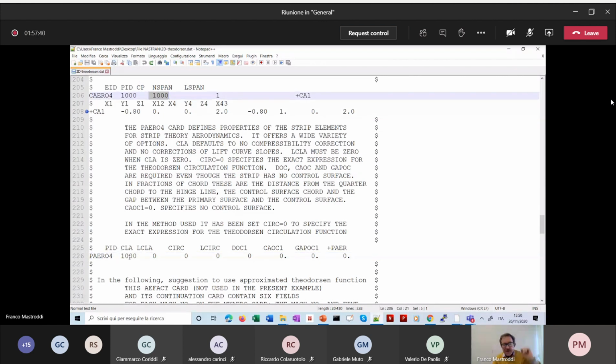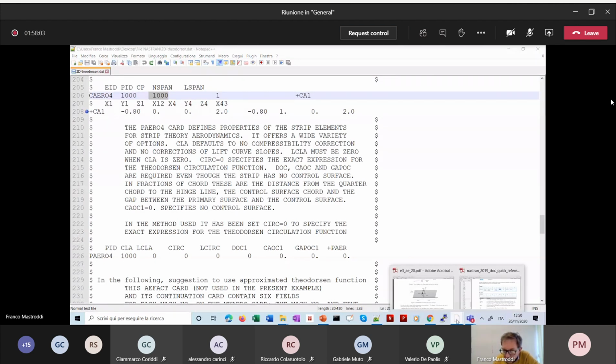But this card is very interesting because in this card you could choose to use a finite state aerodynamic or not for evaluating your Theodorsen function. In fact, if you go to this P aero 4, look, we have the default value here, but if you go to P aero 4 in the manual,